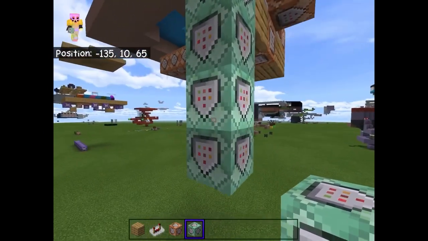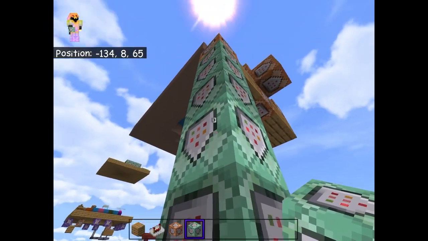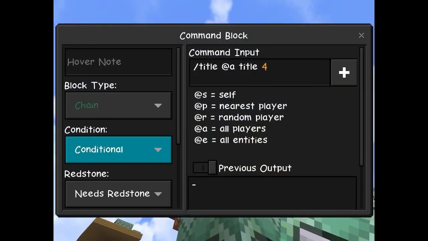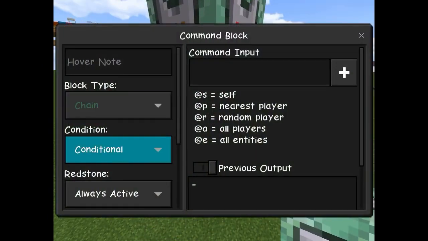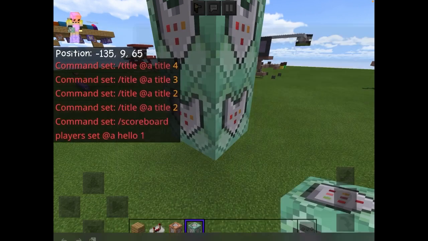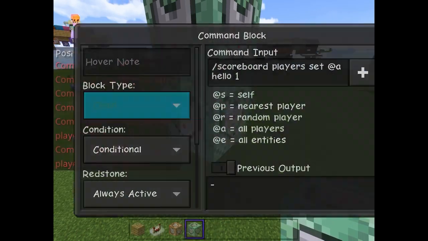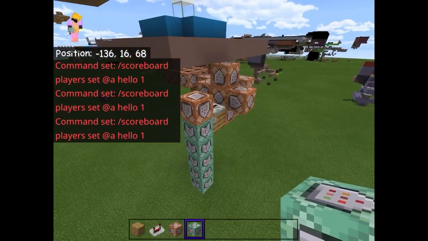Okay, so I've now done all of these, and at the bottom right here we're going to add another one. Oh yeah, actually we need to make these conditional, don't we? Just make them conditional as well, I forgot about that. We're going to make all of them conditional, and this last one is going to say slash scoreboard players set @a hello 1. Basically, at the end of this countdown, which is when the voting will finish,